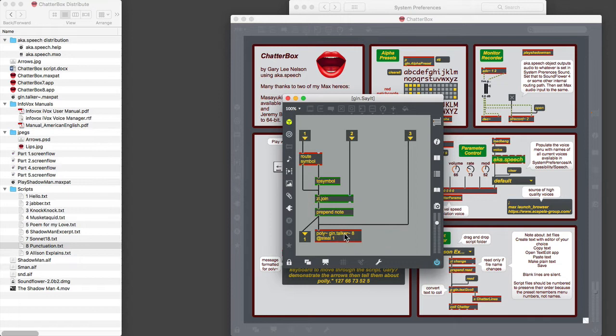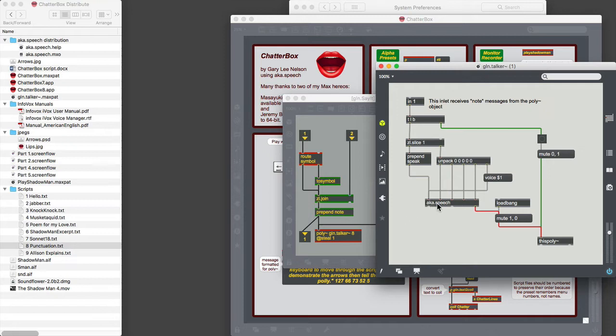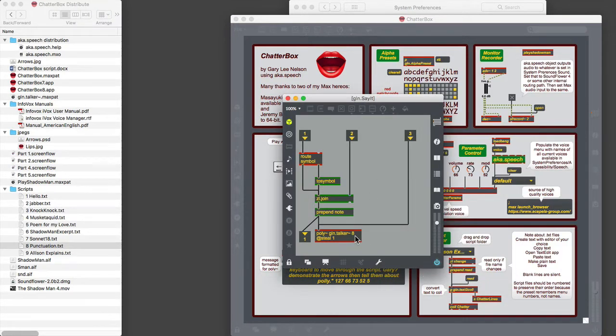So what this does is give us 8 copies of this patch, and each one has a speech object in it. Here's a message coming with the parameters. The last parameter in the message is the first parameter for the voice. It's set with 8 copies of that. The setting says that if a 9th line arrives while 8 are speaking, one of the 8 will be stopped and replaced by the new one.